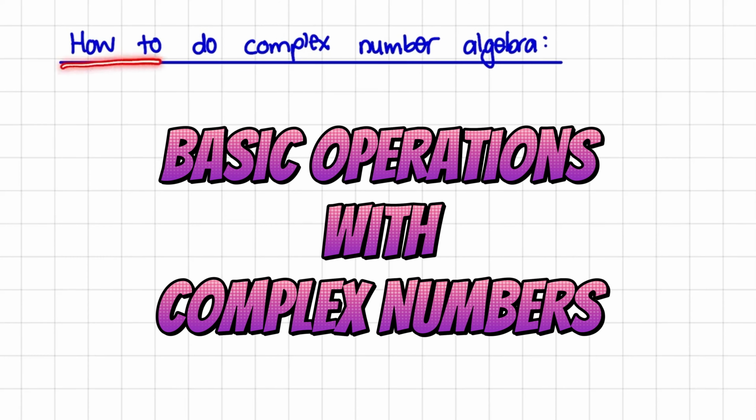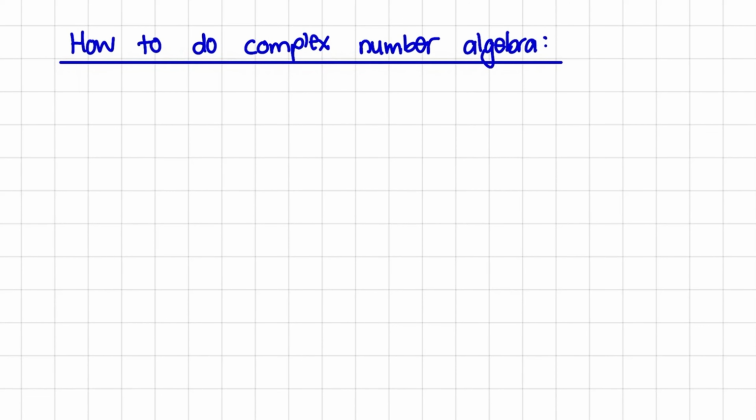In this video tutorial, we'll focus on how to do complex number algebra. So our focus will be on basic calculations of adding, subtracting, multiplying, and dividing complex numbers with each other. So let us say W represents a complex number of a plus bi, and Z represents a complex number of